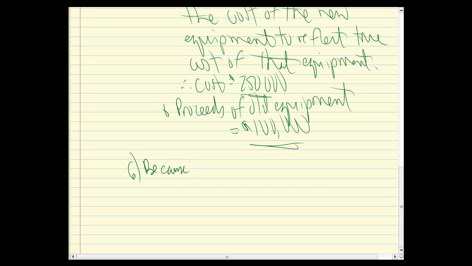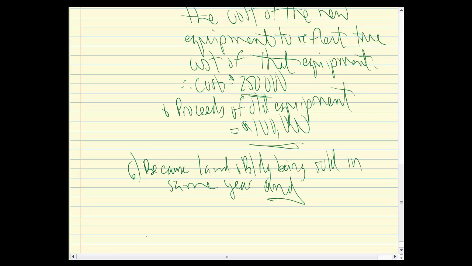Okay, so Janice saw that says, I have a land and building being sold, and the proceeds of the building are less than the UCC, I have an issue. And that's the reallocation thing. Okay? That's what you got to figure out. So that's what you got to say: land and building being sold in the same year, and proceeds of disposition on building less than UCC of building class,